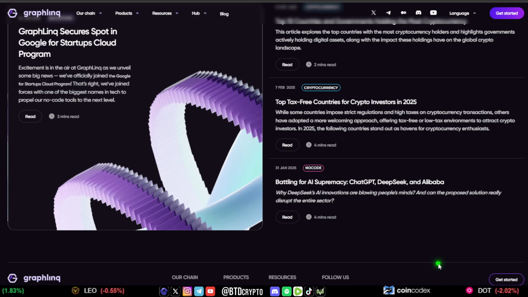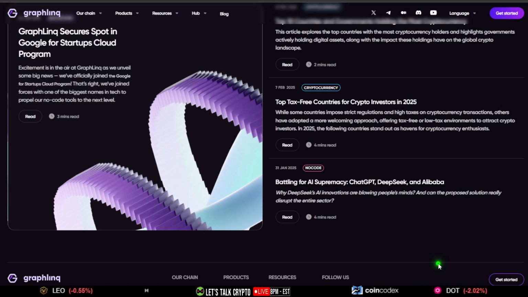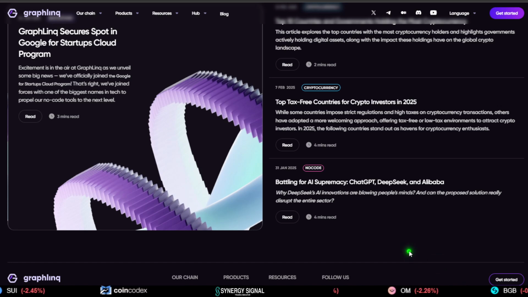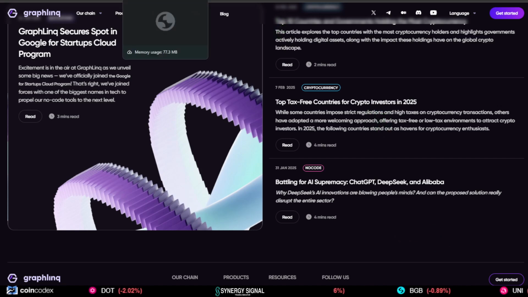Okay, so far, the idea is there, and we feel very comfortable with this idea. The idea of the AI agent launchpad, but stepping it up to a level at which the quality improves from the current product offerings out there. And I think that there's definitely some space to provide a true AI agent launchpad that actually offers value. But the question is, is Graphlinq that project? Okay, so we got to be very critical here. Let's move on. Let's see what else we got here.